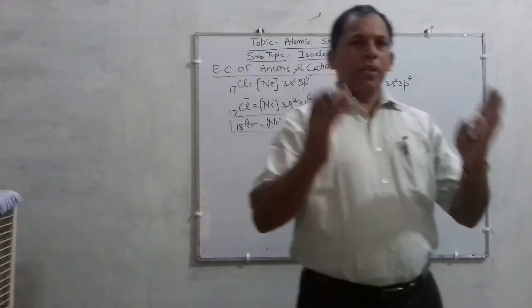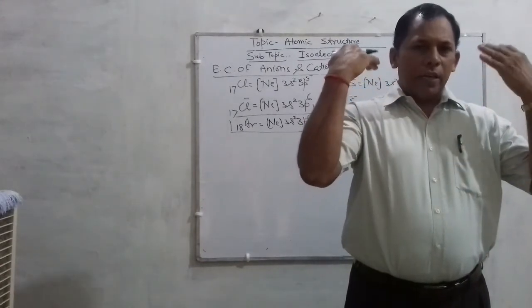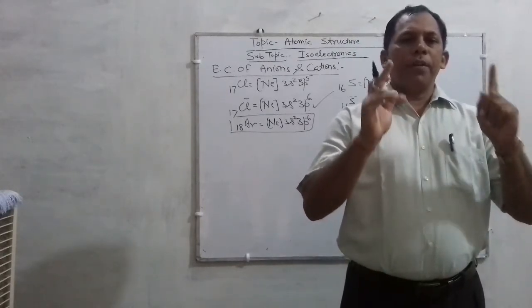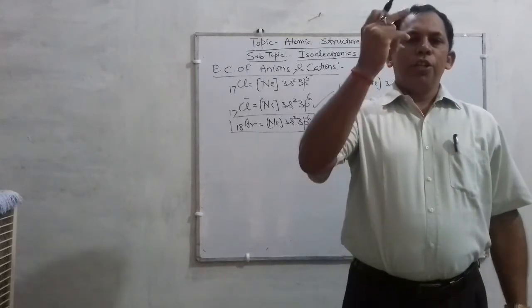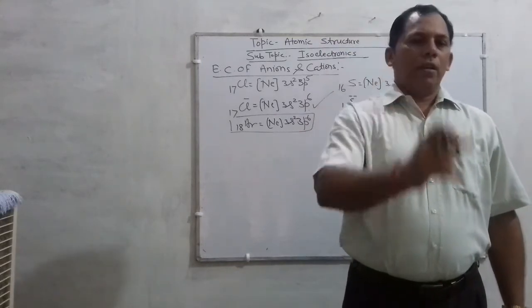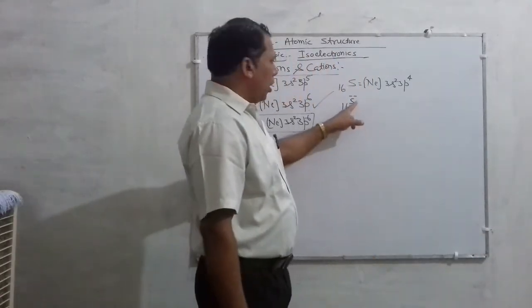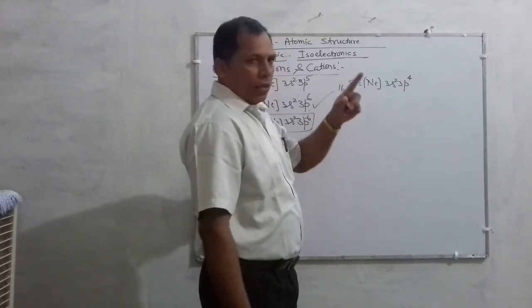So the valence shell of the atom is the shell which contains electrons in the outermost shell. It means the number of electrons present in the outermost shell of the atom is termed the valence shell. Okay. So for sulfur, 16 S minus 2, these 2 electrons are added here. So 16 and 2, 18.